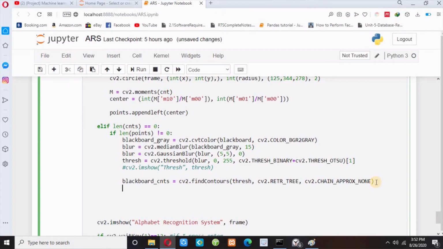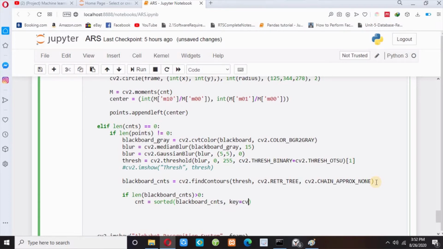And then, as before, let me write: if the length of blackboard_cnts is greater than 0, meaning it found any contour, then cnt equals, let me sort my contours. I pass blackboard_cnts, and on the basis of cv2.contourArea.